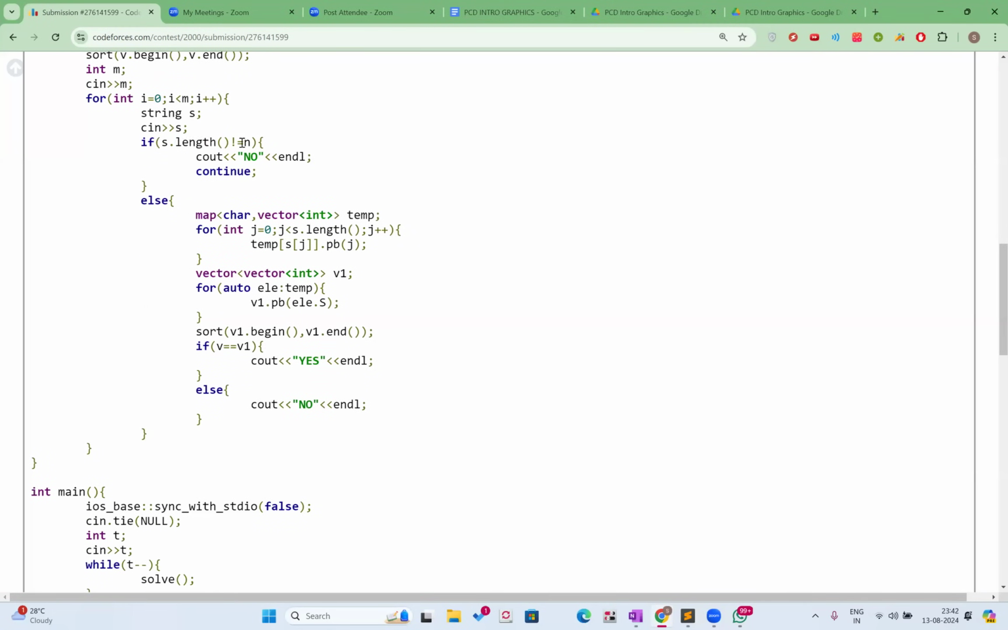If the string length is not equal to n, then the answer is no. I'll just move on to the next string. Otherwise,